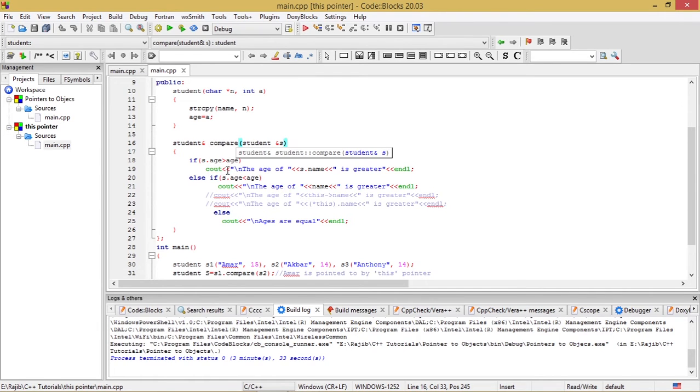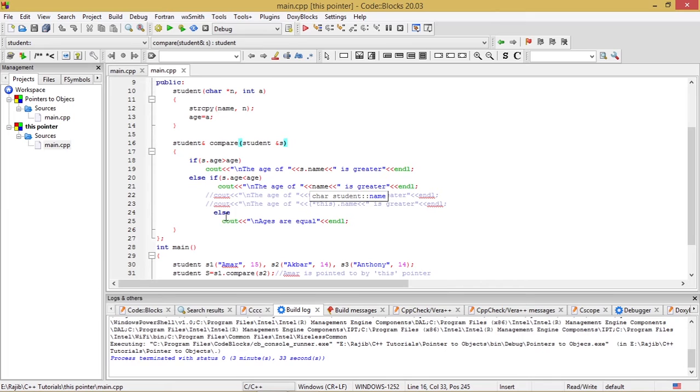If s.age is greater than age, cout the age of s.name is greater, else if s.age is less than age, then the age of name. Why name? Because we are going to get the name associated with the object which calls the function compare. This is the name which is pointed to by the this pointer. So the age of name means the age of this->name is greater.